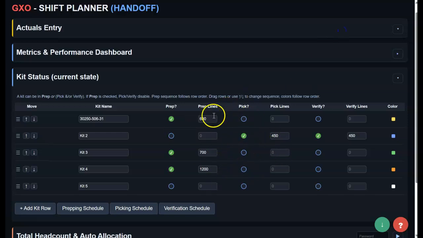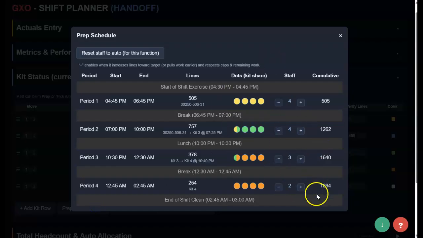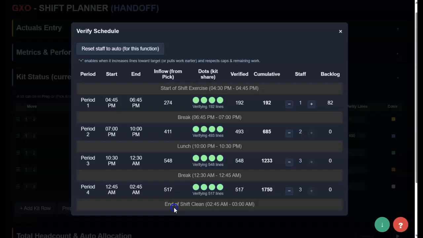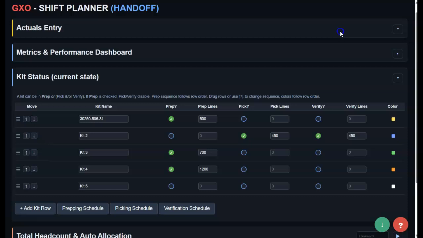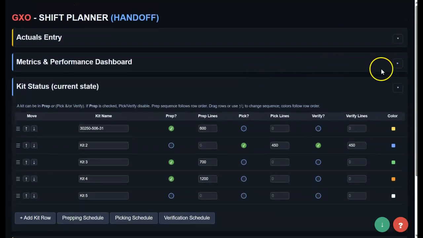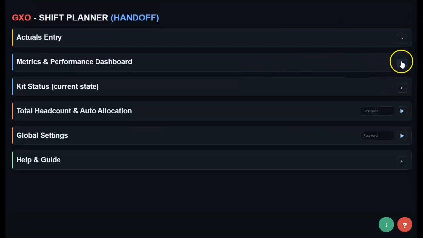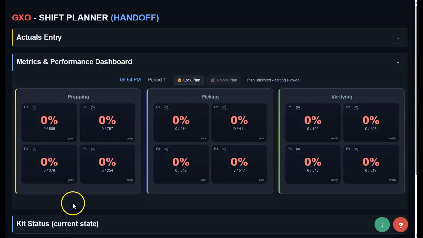So all we did was I entered in what's actually on the floor. I just rearranged some people to give an idea of 1800 as a roundabout goal for each one of these. Everything's solid, so they could actually look at this and run this as a plan. So on the big screen, we can actually put the board. And as you can see, it's already got everything based on what we have in the plan, each pick and